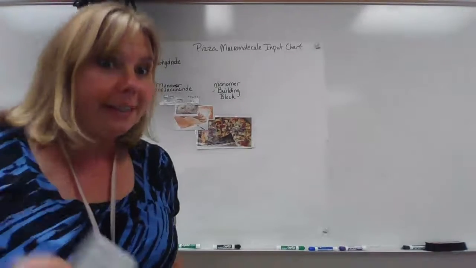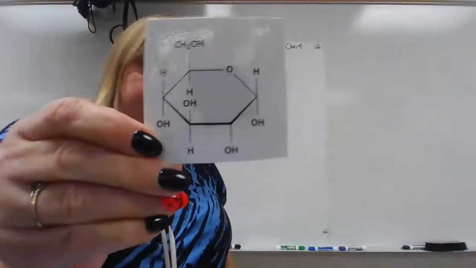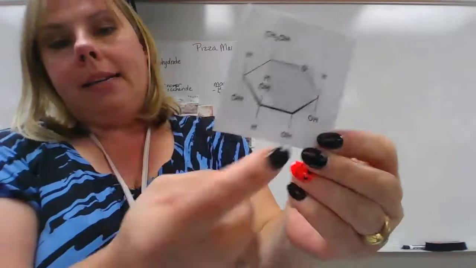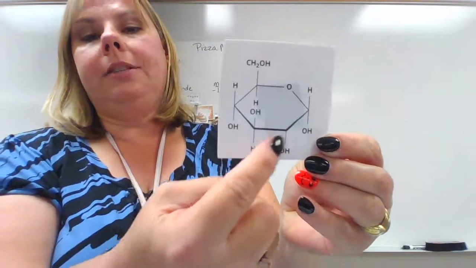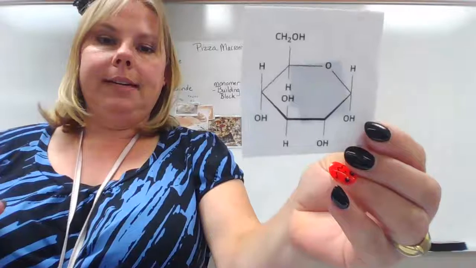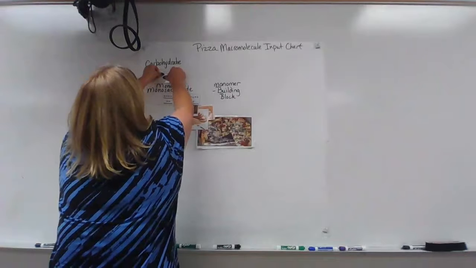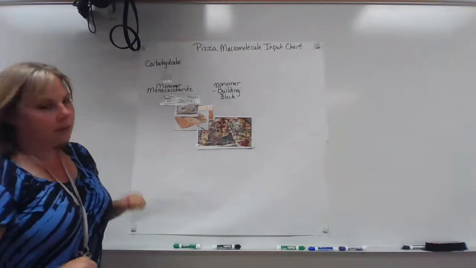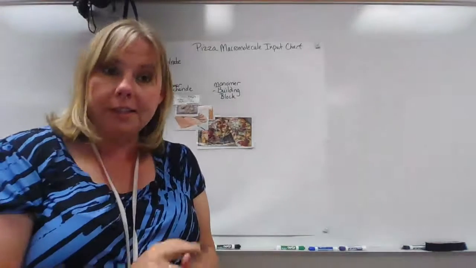And specifically, now we're zooming in even more. They look like little hexagons up here. Here is your specific hexagon. This is a monomer of a carbohydrate. At each of these little intersections are carbons, and then they have hydrogens and oxygens all around. Okay, so the monomer of a carbohydrate has carbons, hydrogens, and oxygens. Okay, so we're going to put that right there. We are zooming in to the molecular level of a carbohydrate. Okay, so that is our first